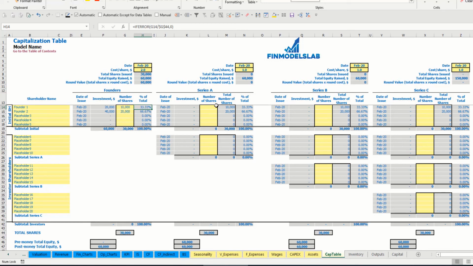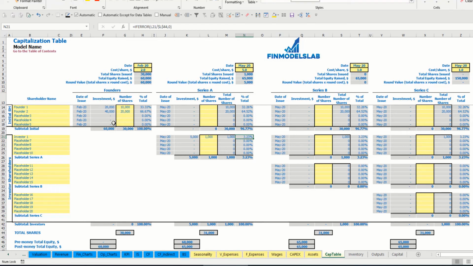67% of shares. So let's pretend that for Series A we have 1 investor, and the date of issuance is May. Cost per share is $5 per share, and number of shares is 1000. So total amount of investment will be $5,000. You may see that before the Series A, total equity was $60,000, after is $65,000, and investor 1 will have